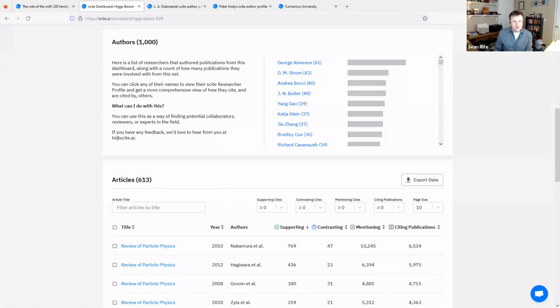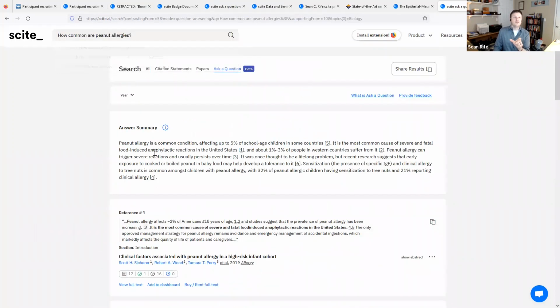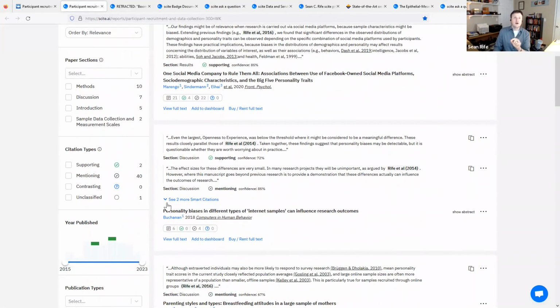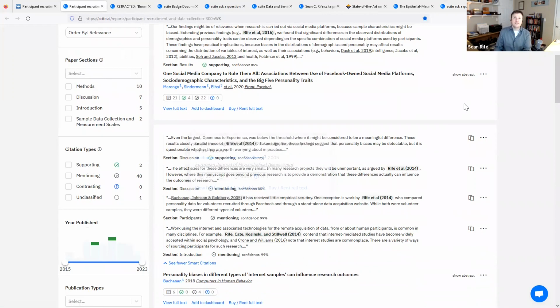Let's see. Question from Christina: within citation statements, is a search performed only within the sentence with the citation or the entire paragraph? Right. So Christina is wondering how that search targets a given piece of the literature. We focus on the text of the citation itself, but we actually have data from not just that sentence, but also the sentence before it and the sentence after it.